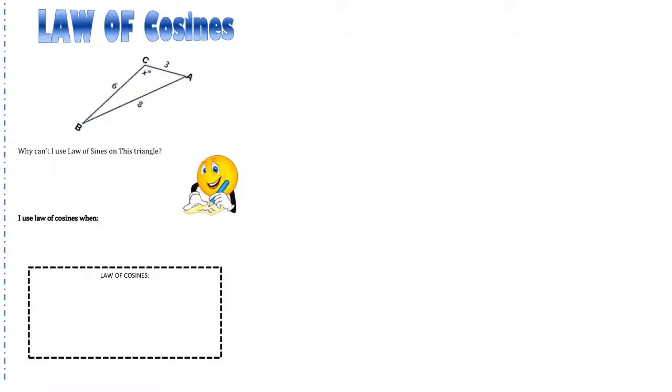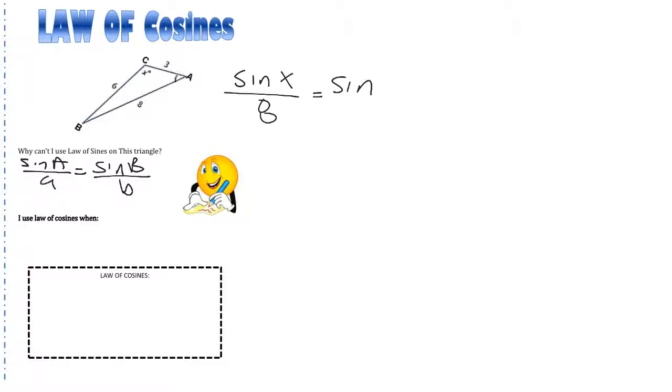Today we're going to learn about the law of cosines, and yesterday we learned about the law of sines. If you remember yesterday, it was sine of an angle divided by the side across from it equals sine of another angle divided by the side across from it. So if I tried to set up the law of sines on this problem, I would get sine of x, because that's the angle I'm trying to find, over 8 equals sine, let's do angle A, over